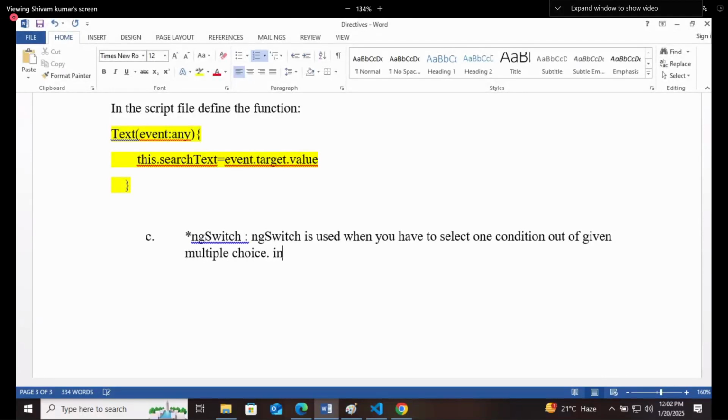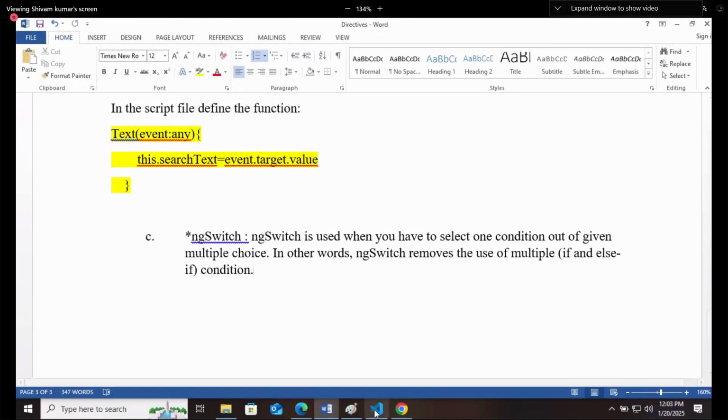In other words, ngSwitch removes the use of multiple if and else if conditions. So whenever you are writing multiple if else, if else, if else, you can directly use switch.